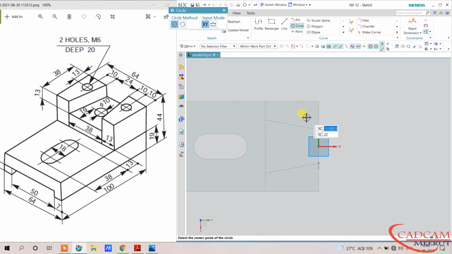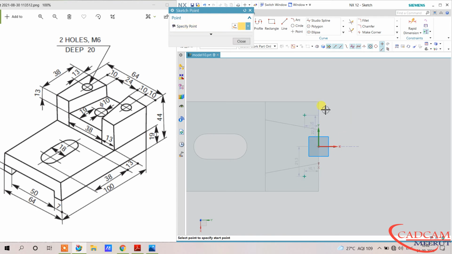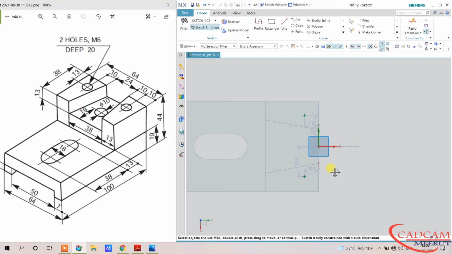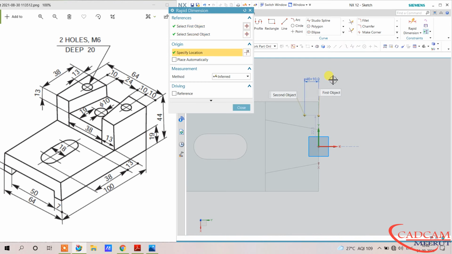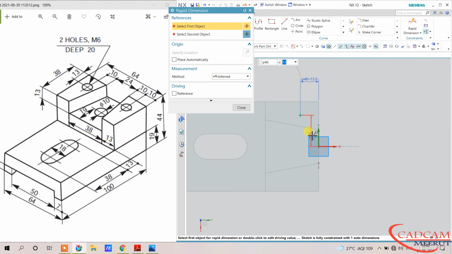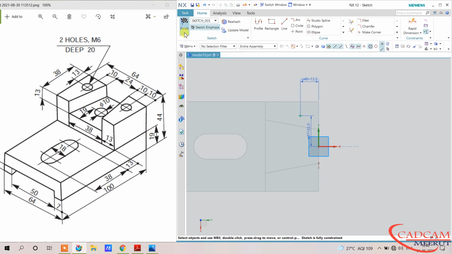Select the circle and the diameter is M6 and depth 20. So I will create this point only, or just delete this, specify only one, and this is 13. Just position this, 12 plus 10 is 22. So the point is at the right place.